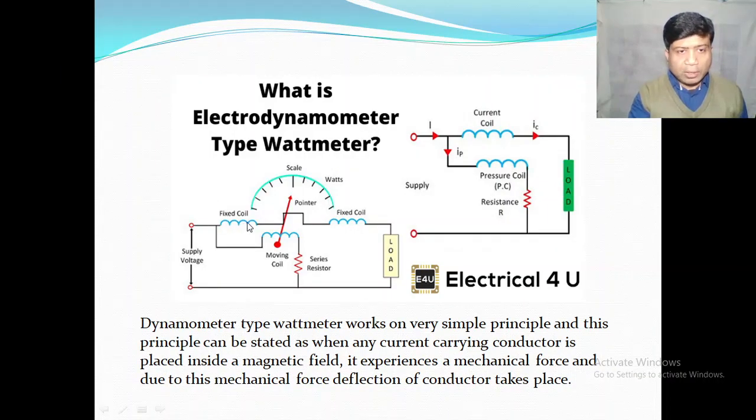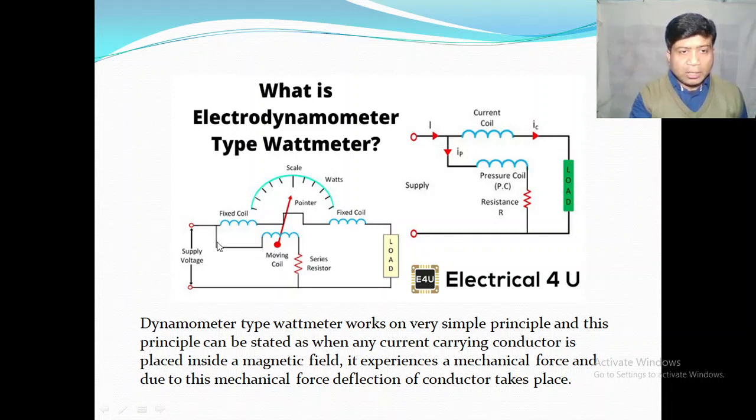the fixed coil carries a voltage drop, which is not at all the voltage drop across the load. So an additional voltage is added with the load voltage, because of the voltage drop in the fixed coil. This is point number 1. Point number 2 is